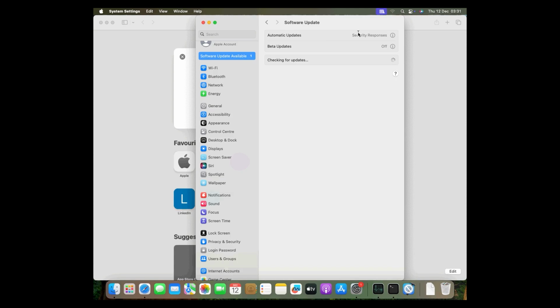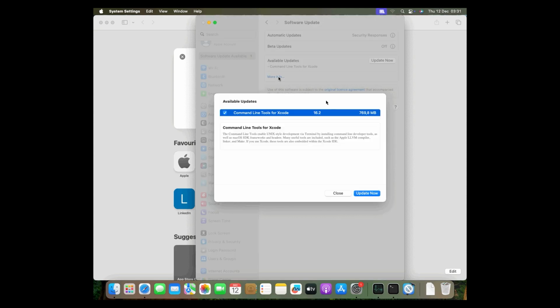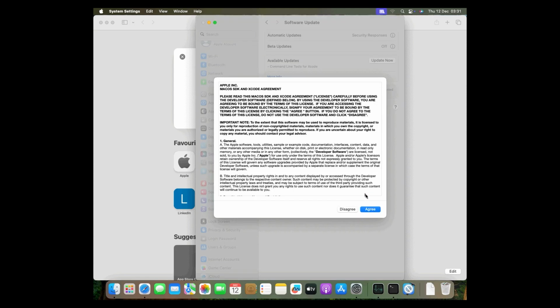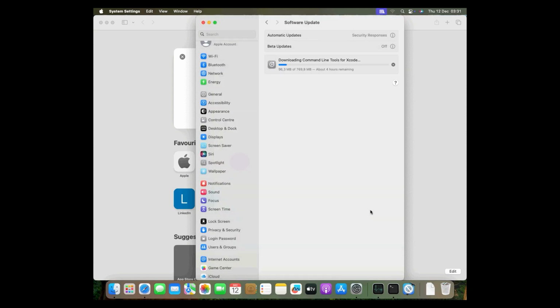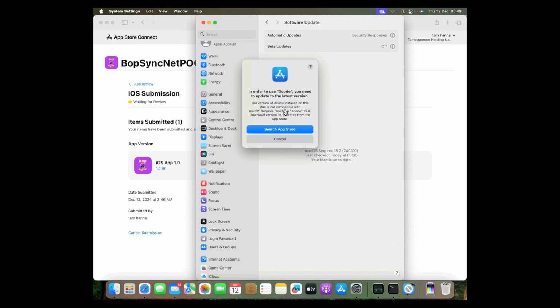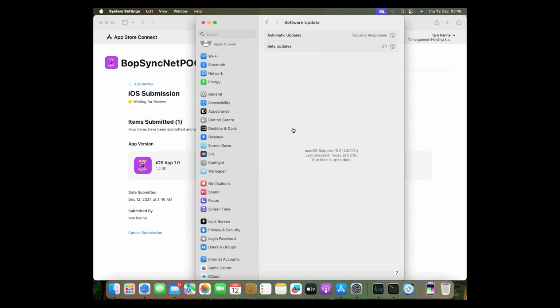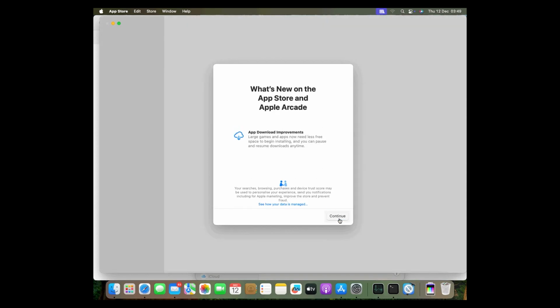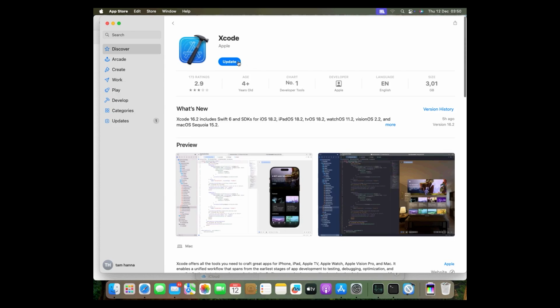And yes, here we go again. But we see there are now fewer updates here. There's only the command line tools for Xcode. And we're going to update these, of course. And when the updates are here, we click the Xcode symbol. And now we see, charmingly, it is blocked and it chases us into the App Store. And this here is the best possible thing, because then we just go here, we hit update,